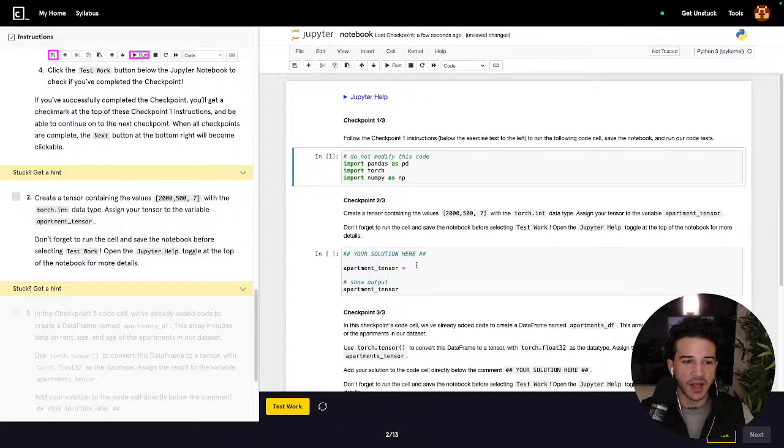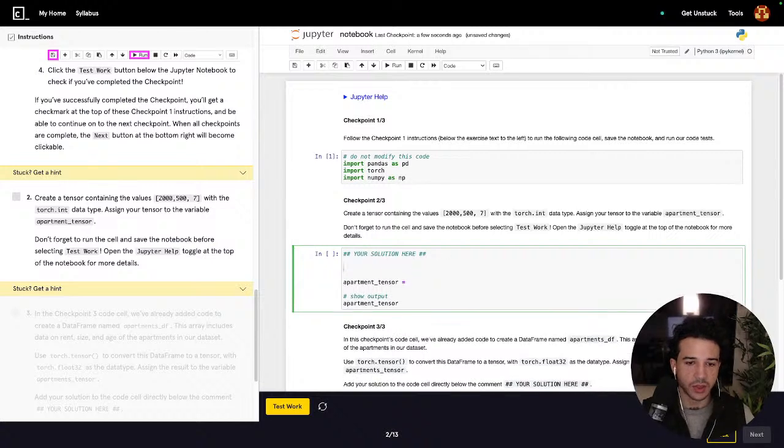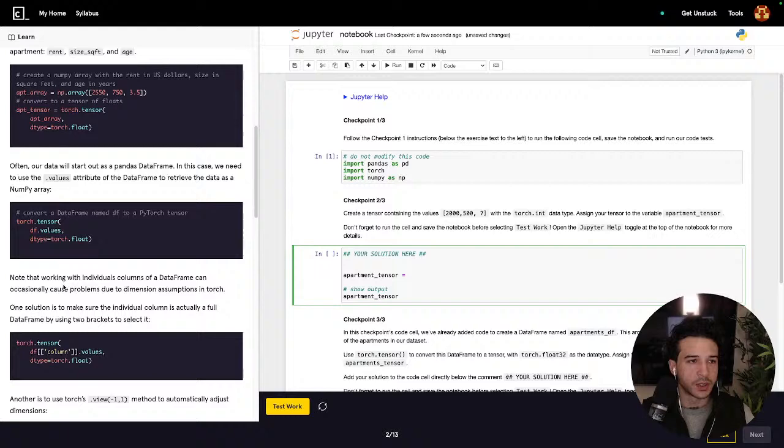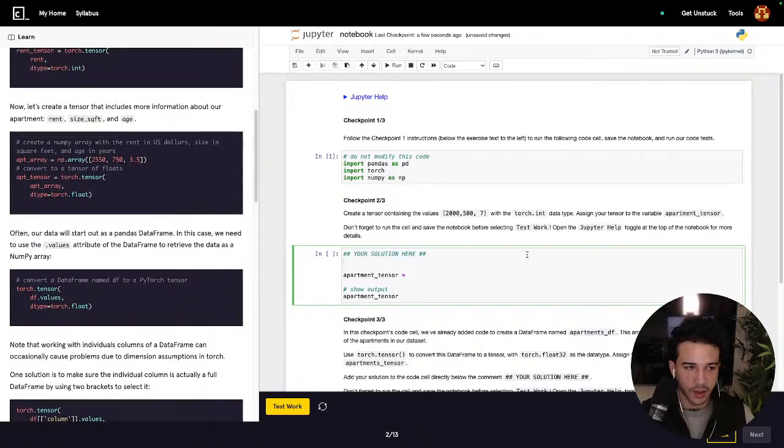Create a tensor containing the values 2507 with the torch int data type. Assign your tensor to the variable apartment_tensor. So what we want is to create an apartment_array, a NumPy array with this list, 2500, no, sorry, 2507. And then we want to convert that to a tensor using